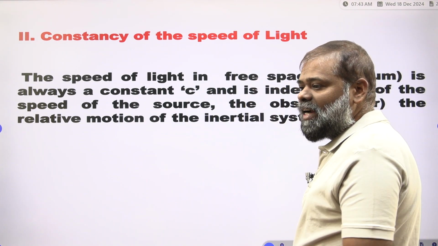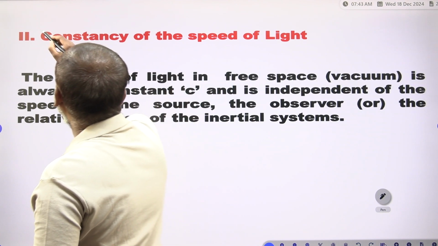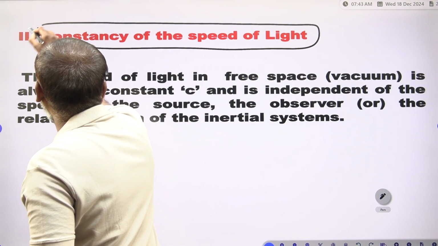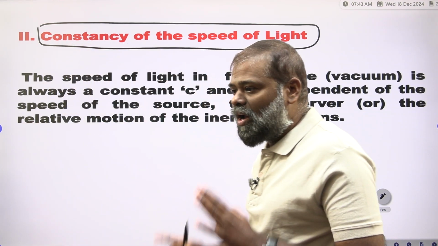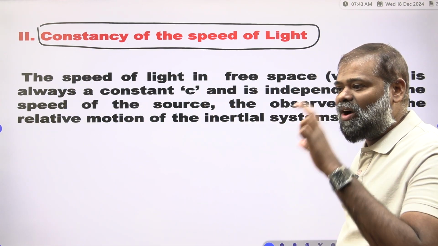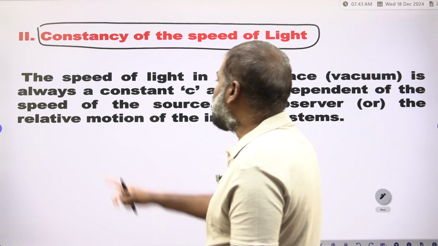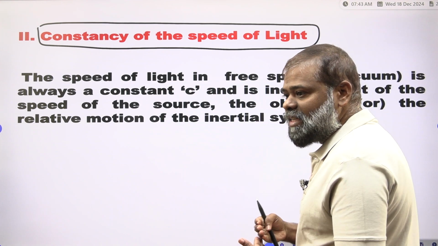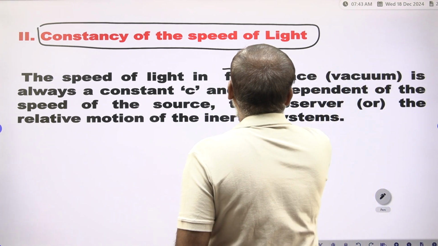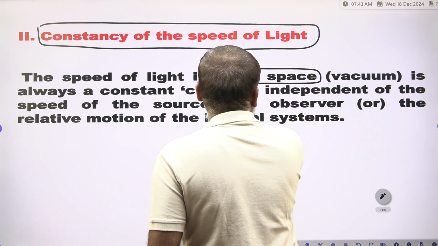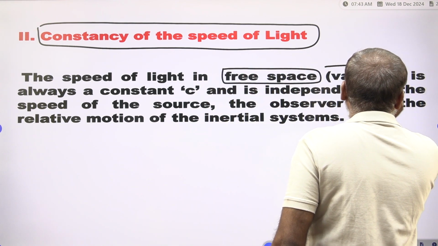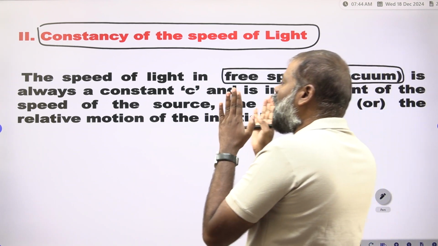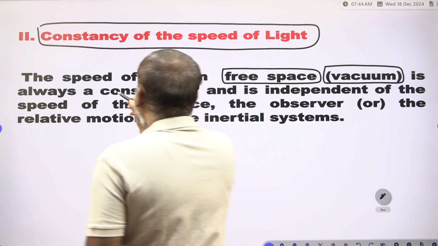The second postulate we call the constancy of the speed. Speed is a constant. What is that? You have to see the speed of light in free space. The speed of light in free space or vacuum is always a constant,